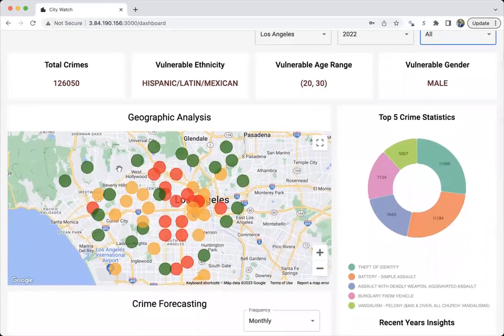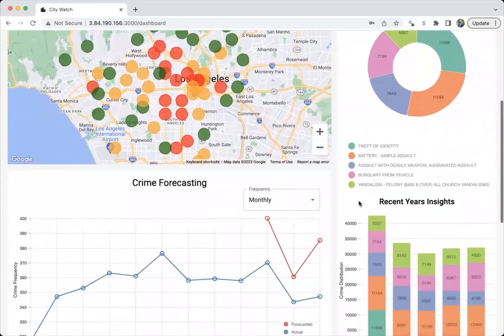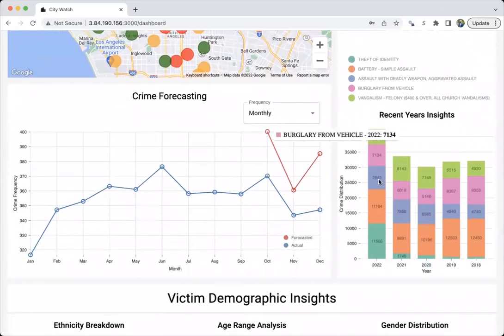And then we have this nice clustering of the geography of LA County. This we have achieved using kernel density and Getis-Ord statistics, which are pretty complex algorithms for clustering. The color red indicates a high risk zone, green indicates a low risk zone, and orange indicates a moderate risk zone. And here we have crime statistics like the top 5 crimes and their frequency distribution. And for these crimes, their distribution over the years, so you can analyze the changing trends over time.